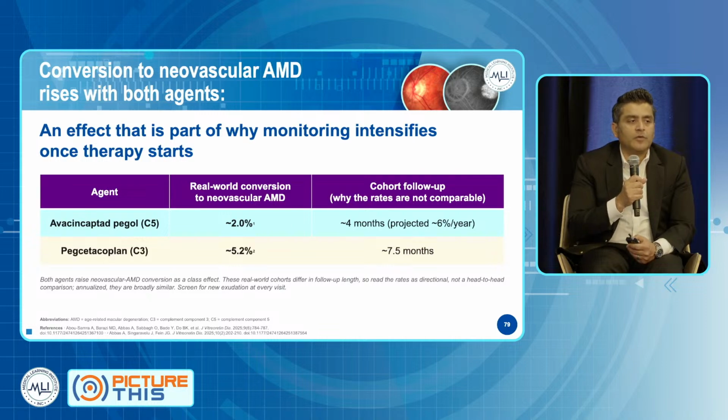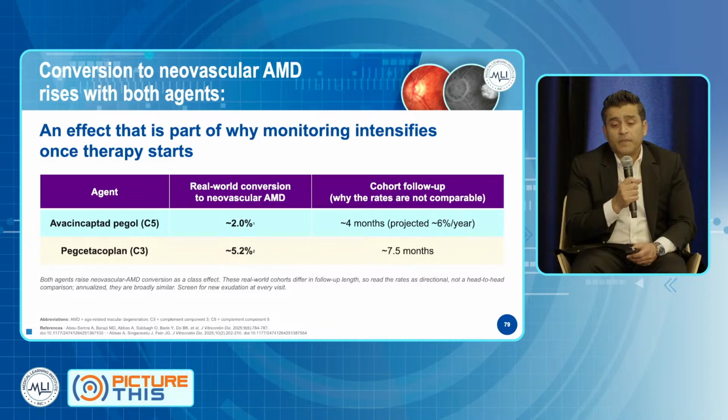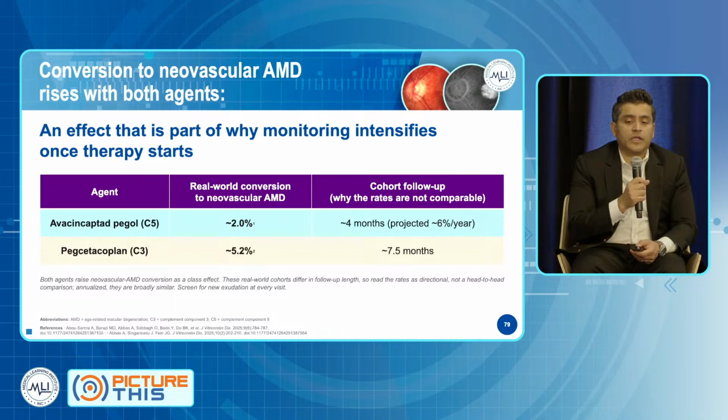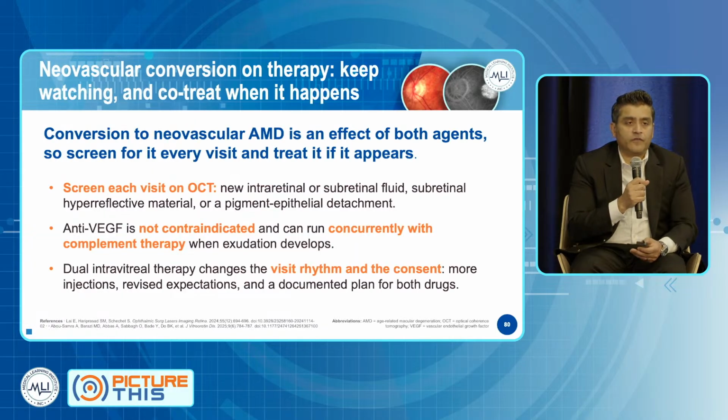The challenge comes in when they convert. Do they want to stop the complement inhibitor, because now they have to get injections for GA as well as exudative AMD? So sometimes this can be a reason patients don't want to start, or a reason patients want to stop the complement inhibitor, because the burden becomes double. Patients in both Derby and Oaks and Gather 1, Gather 2 did really well with standard anti-VEGF injections that were continued with complement inhibitors. So we know they will benefit, but it's a matter of the treatment burden that